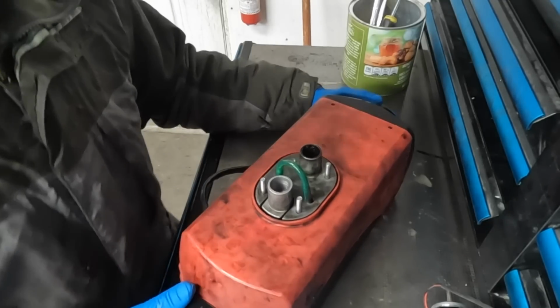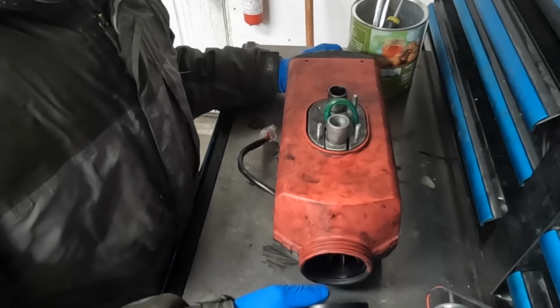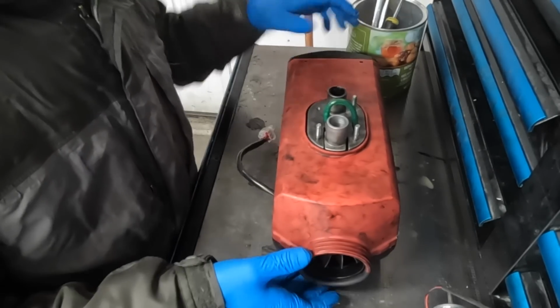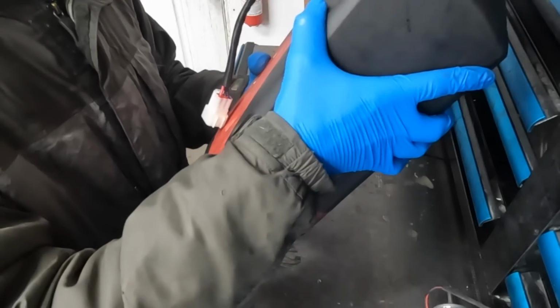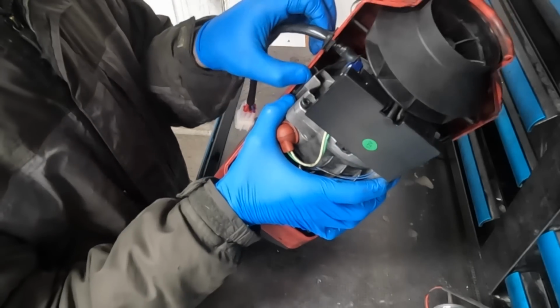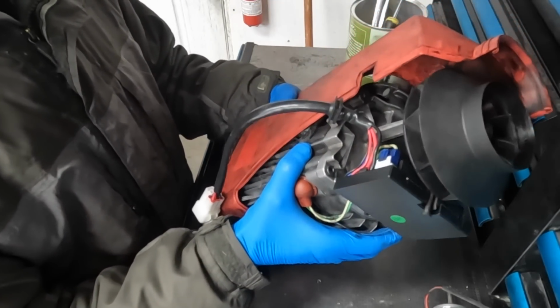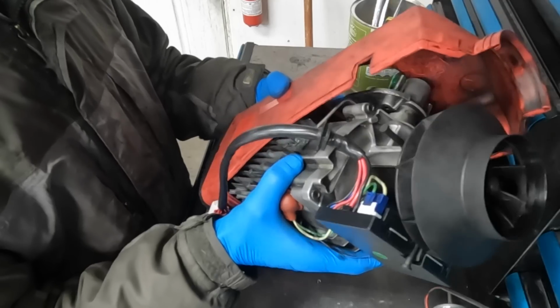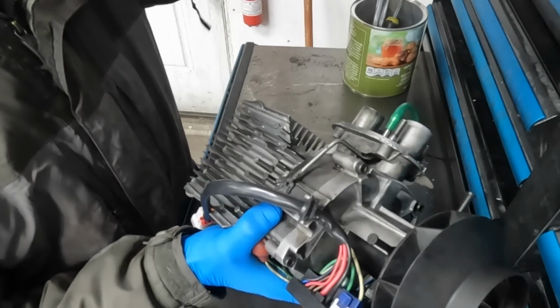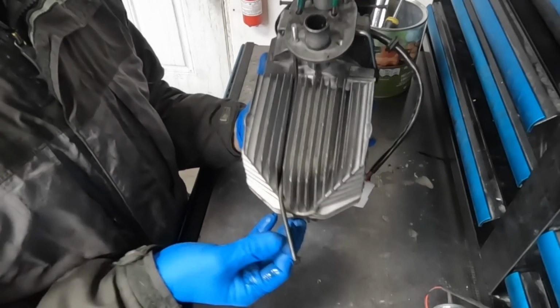We're going to start by pulling the end cap off. This is very easy. This is an ingenious idea. That screws off, then you simply pull this cover off here. That lid comes off, you want to set that aside. And then you simply pull the grommet out on the ECU cable, and the heater will pop right out of the body. Yours will probably come loose a little bit easier than mine because mine has this extra line here